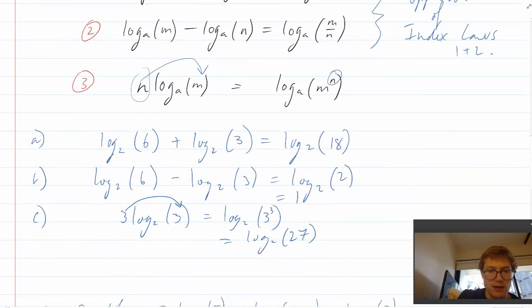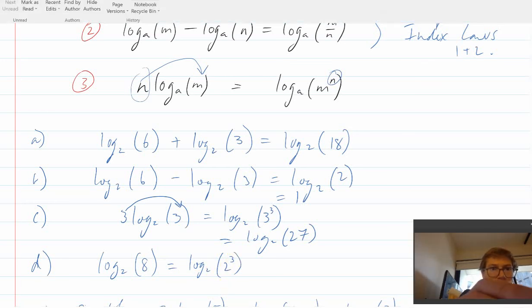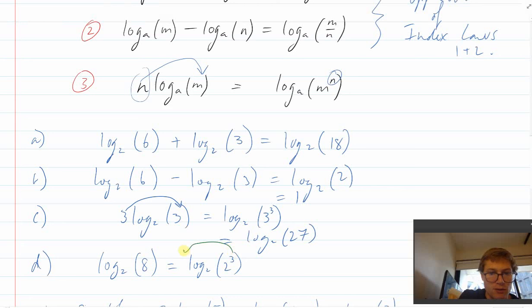Something to look out for, of course, is the third log law presented in a different way. Like for instance, you might have log base 2 of 8. Well, one way of doing this is changing it to log base 2 of 2 cubed, since 8 is in fact 2 cubed. Then going backwards with log law 3, the 3 can come out the front,